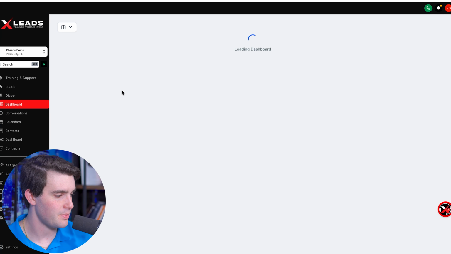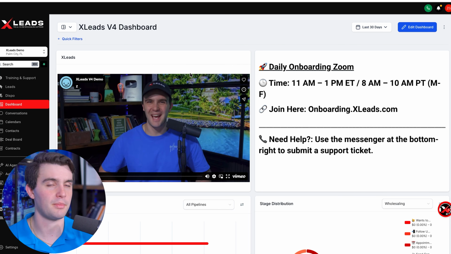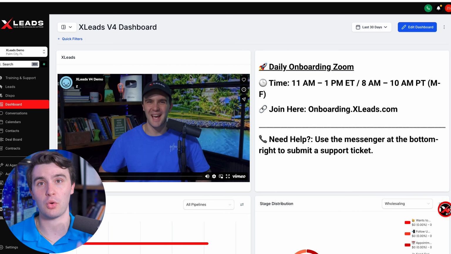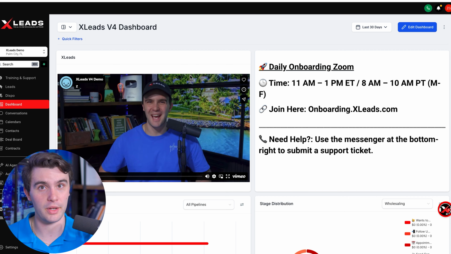You won't have to pay any more A2P application fees. And we're going to resubmit for you and resubmit until you get approved. So don't do the A2P yourself. Literally all you need to get your A2P approval is get an EIN number. You can search that on Google. And then you have to set up your website, which is done for you with XLeads.